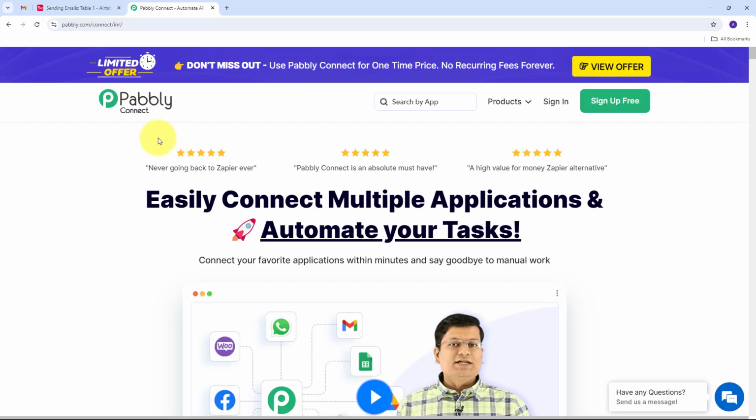And this will take us to this landing page of Pabbly Connect. Now here we have two options, sign in and sign up for free. If we don't have any account with Pabbly Connect, then we can just click on this sign up for free button, and this will take only 2 minutes of our time, and we will get 100 tasks free every month. Or if we already have an account, we can just sign in